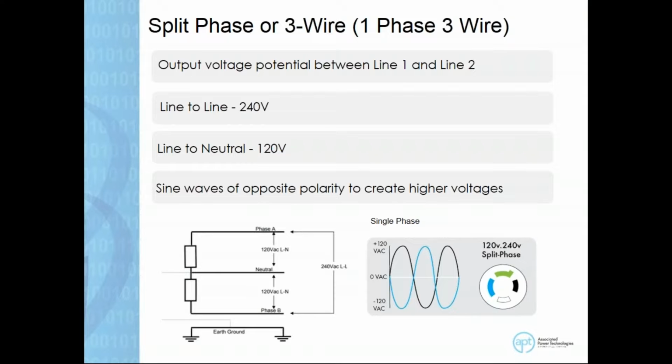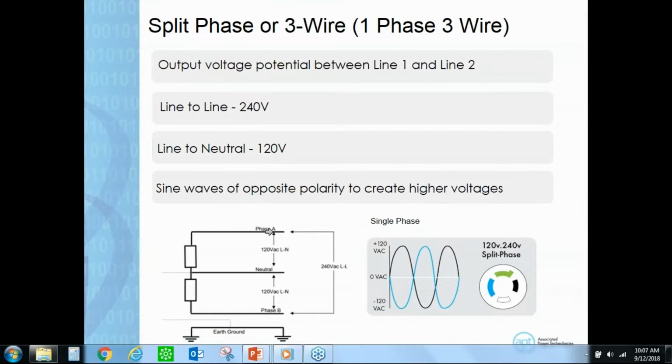Now the voltage between line 1 and line 2, which is known as the line voltage, will be 240 volts for a configuration that comes with 120. 120 to neutral is what we use to power up products that require 120 volts. If you go between line 1 and line 2, this is where you get 240 volts. If you take a look at the diagram below, you could see